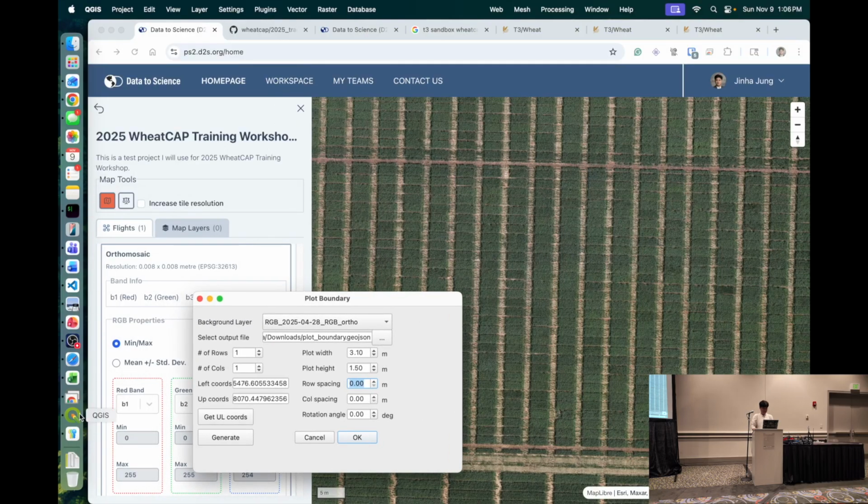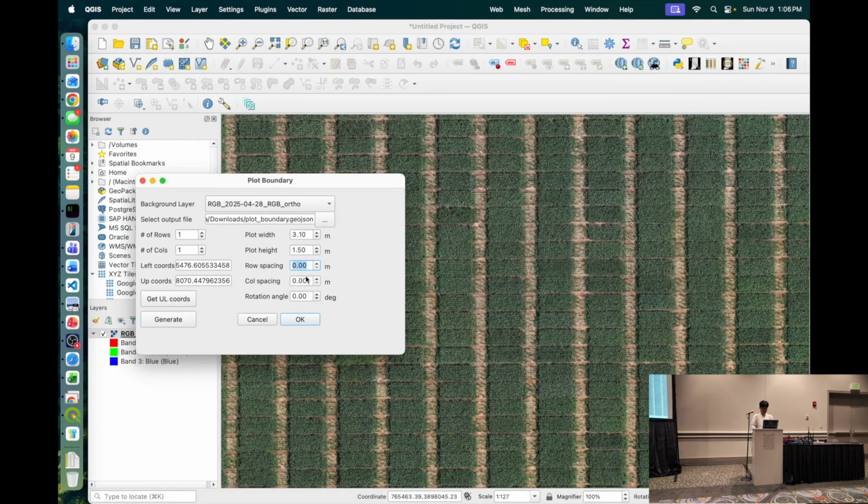Okay, 0.08, 0.18, and row spacing is in a vertical direction, and column spacing is horizontal. We had to play around with this to make it work. I'm gonna just put 1. This is the point that AJ was mentioning. You don't have to get this right. Once you just put in a number, play with it. If you don't think it is right, try changing this value and keep generating new results, and you